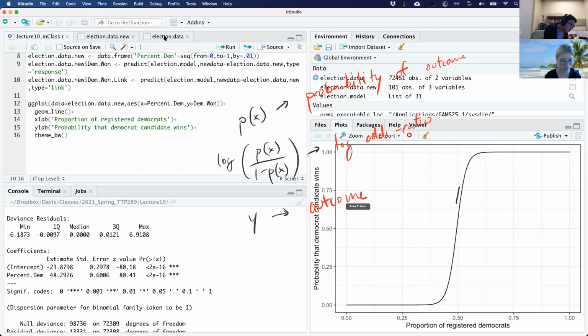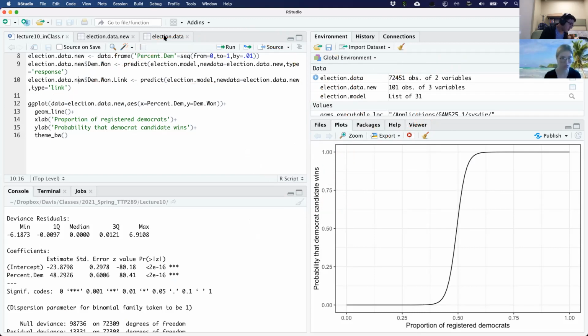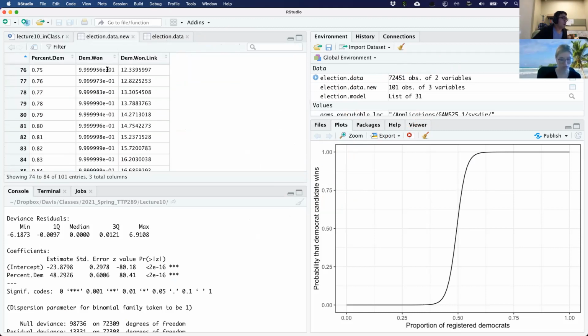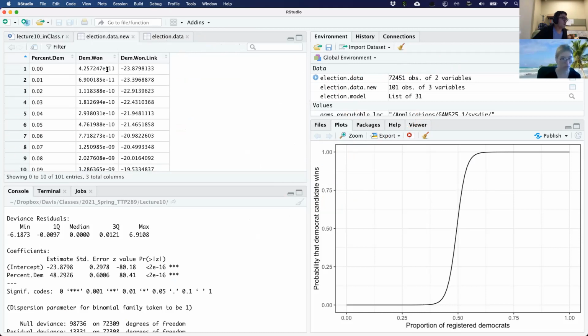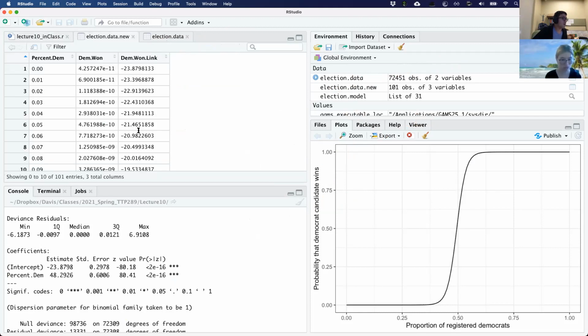And when you use the type of response, I believe it should be giving you each of these three possibilities. So when you do type equals response, that'll give you the P of X, the probability of any outcome. If you do link, it'll just give you the log odds.